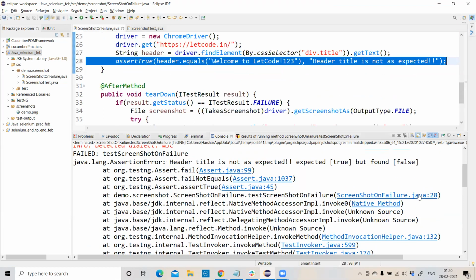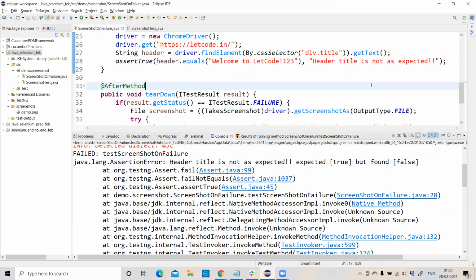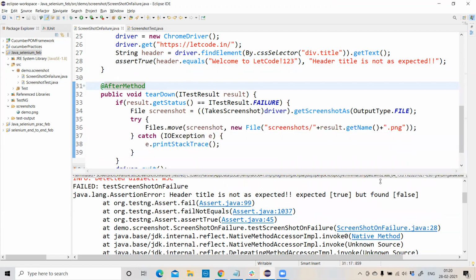Screenshot on failure, Java line number 28. It is failing at this assertTrue line. So the test case failed, and what we expect is that it should take a screenshot successfully.